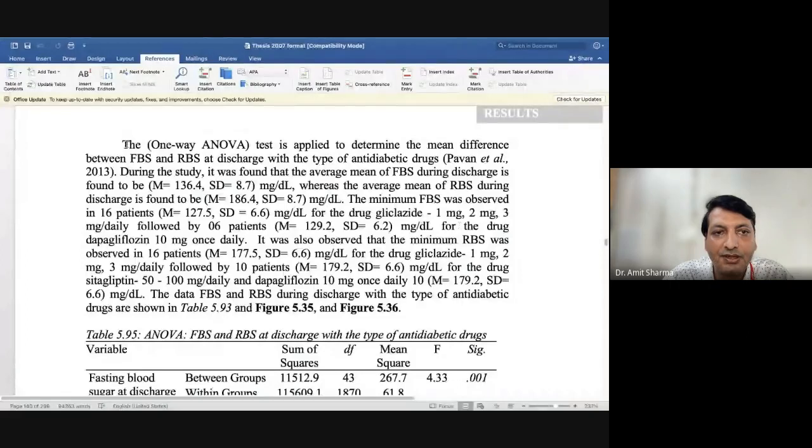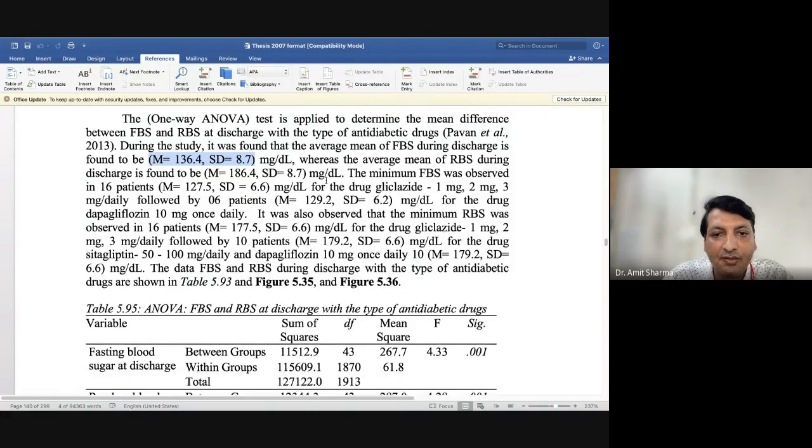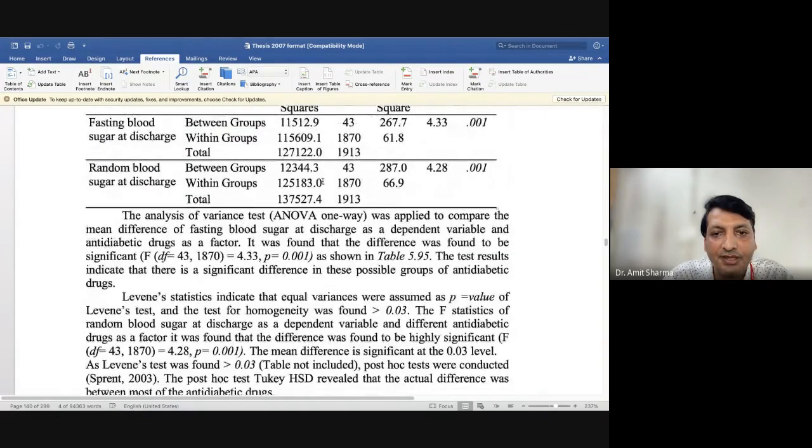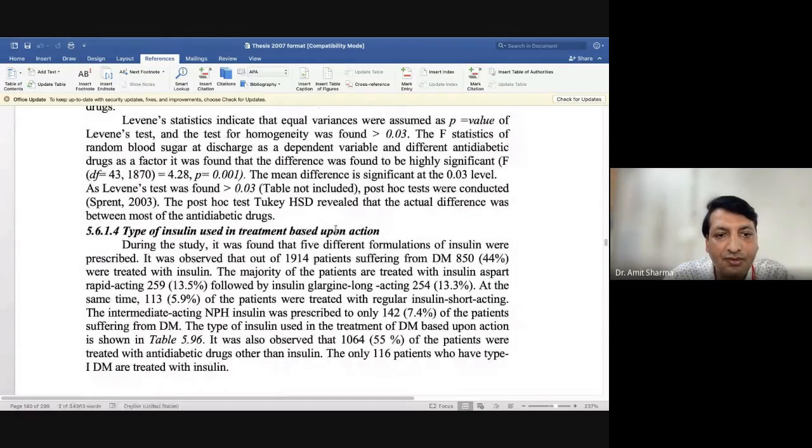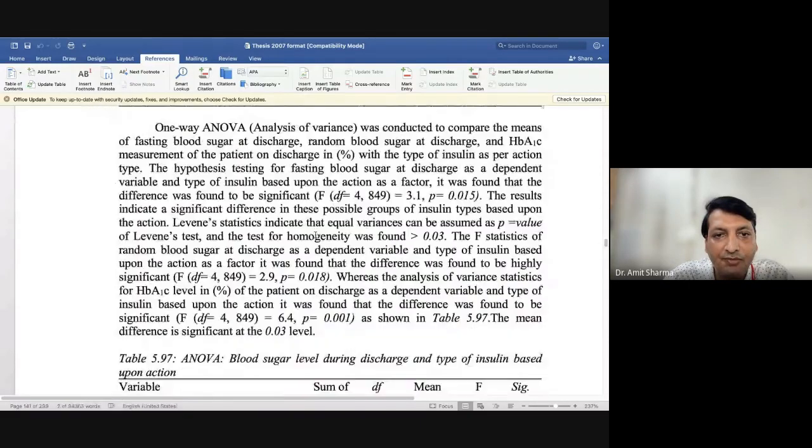Yes, this is the writing style of one-way ANOVA, and you can see how I have written the mean and SD in this format. I'll show you the writing style: F is equal to degree of freedom first, degree of freedom second, the value of F is 4.33, and the p value, which should be written in italic. Now I'll show about beta, where we have written